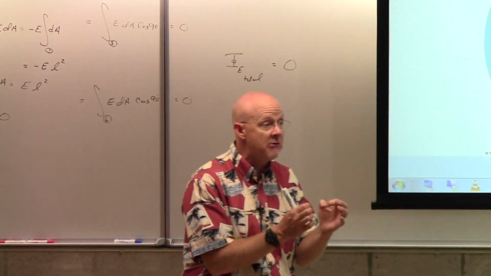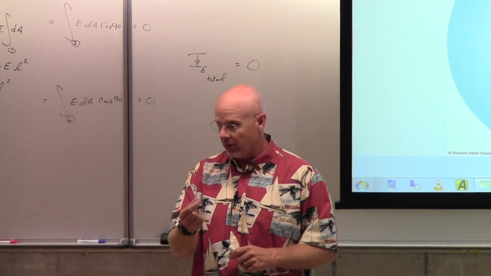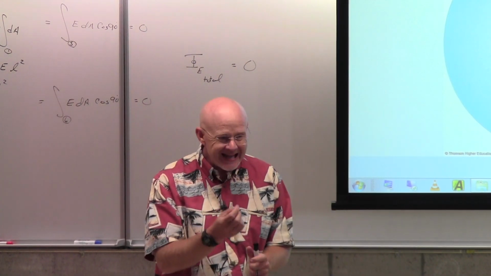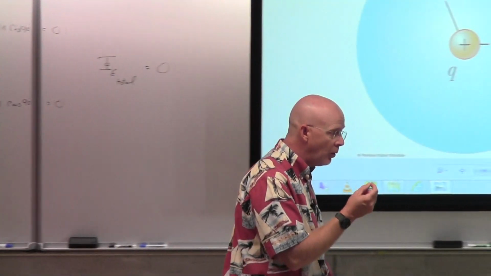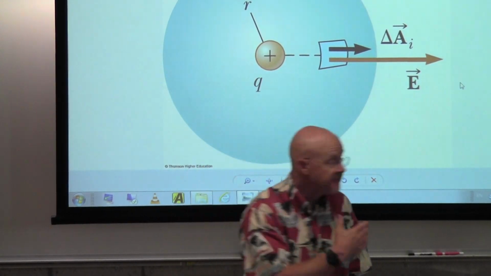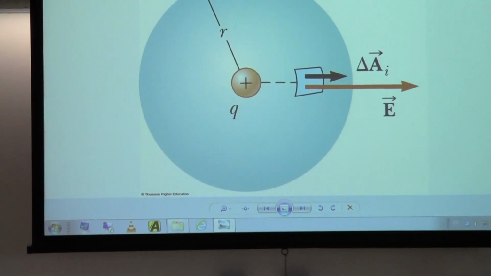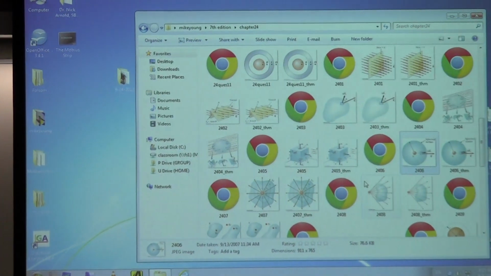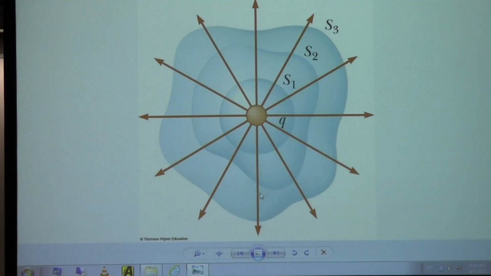There's not a material here. This is a mathematical surface. Pick any surface you want. You will get the same flux coming out. Watch, let me back off of this picture for just a second. If we go back to the picture that I had earlier, this one,